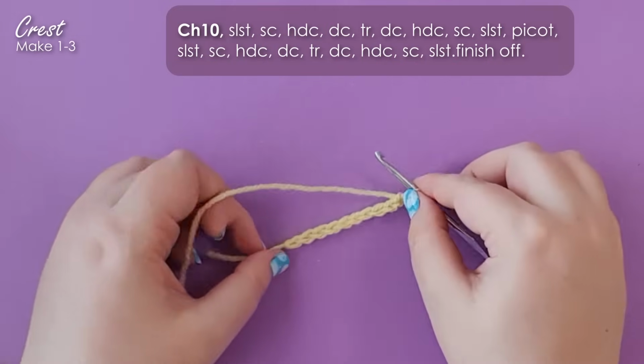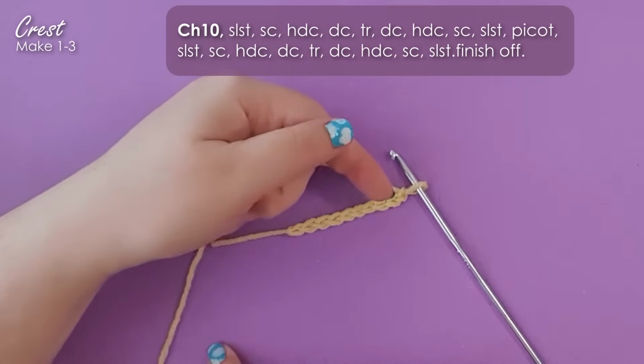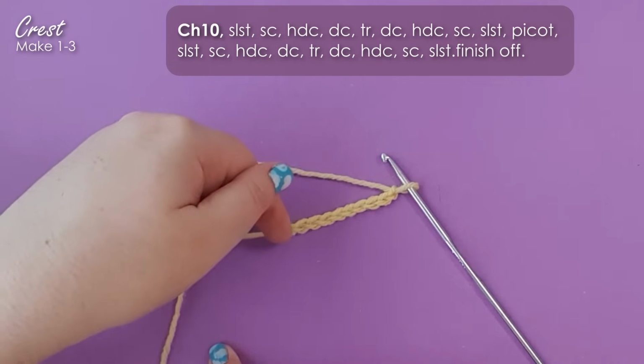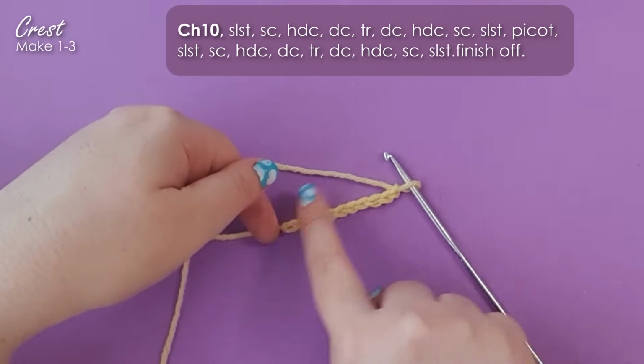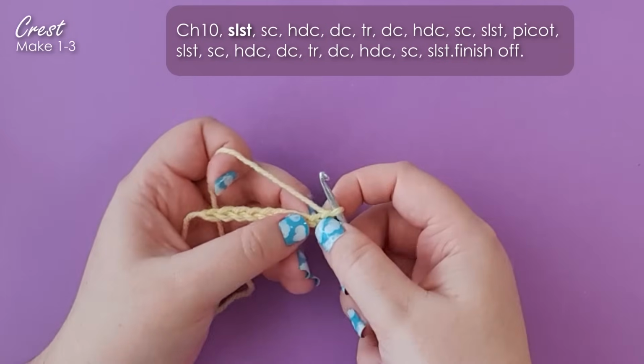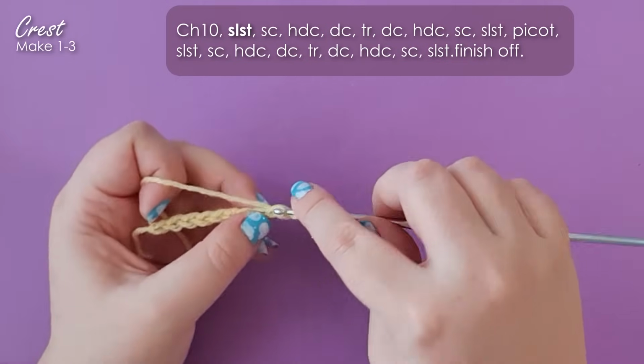Like so. So now in the next round, we're going to be working first down the tops of the stitches, then turning and working up the backs of the stitches. So that is going to be our round. So turning our work and starting in the second chain from our hook, we're going to start by slip stitching,